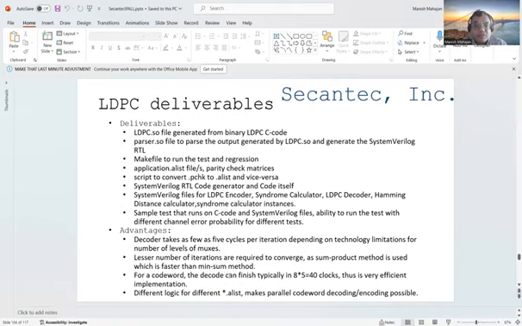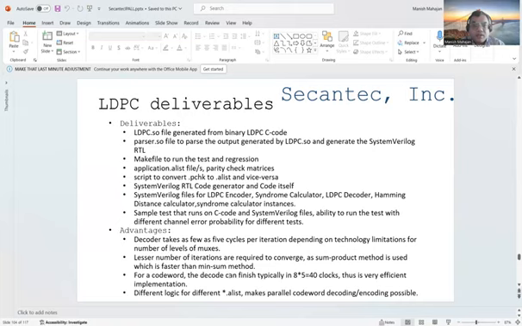Then there is a script to convert from PCHK file to A-list file and vice versa. So the PCHK file will have the whole parity check matrix in ones and zeros, and the size of the file is too big. But to consolidate all the ones, which are low density, the A-list files are used. Then the SystemVerilog RTL code will be generated for the application that is targeted, and it will have all